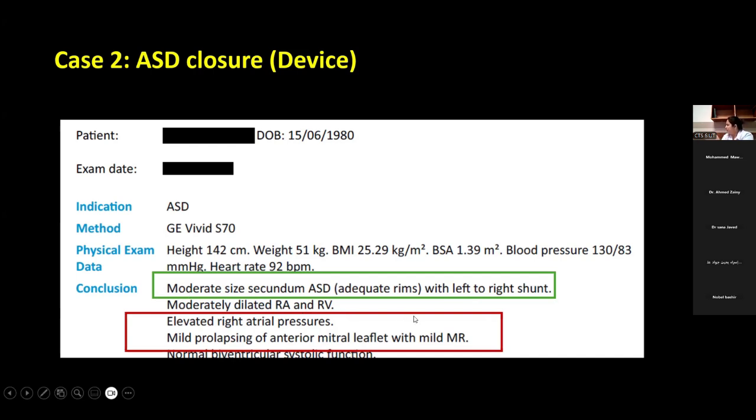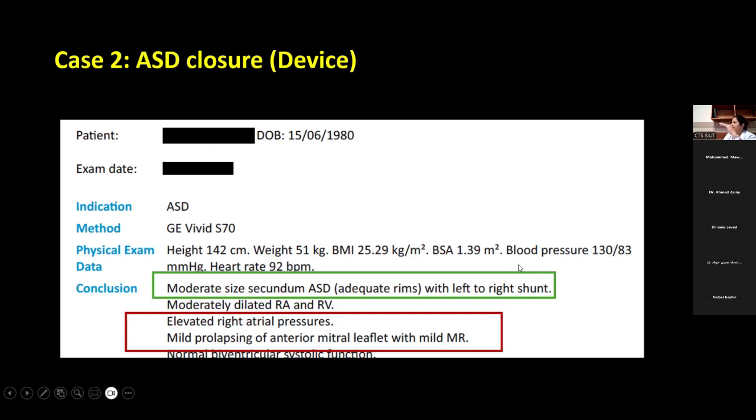Then we confirm in the interpretation, is this right or not? If this is right, and one more important thing, we have to look at the baseline, the vitals, which I already told you in the first slide are the essential prerequisite before you make the imaging: weight, height, age, vitals. If you just look at this, the age is around 40, the blood pressure is on the higher side.